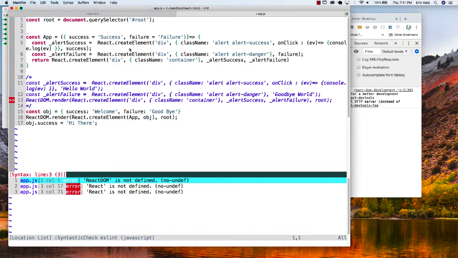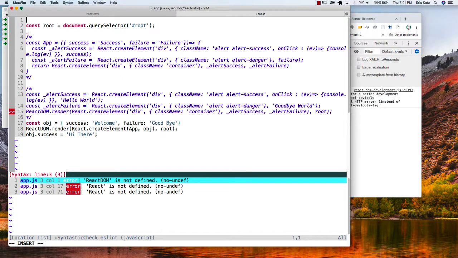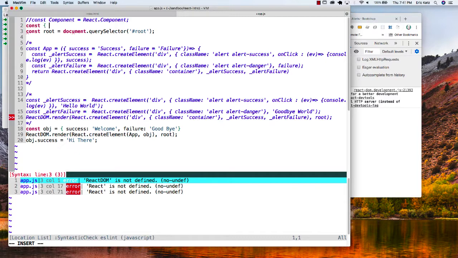So what we could do, we could switch this a little bit. Let's comment this out. I'm going to do a little bit of destructuring. So either I could do this: I could say component equals React component. So React has something called a component under it, which is going to allow me to create classes in React. And I could do that, but there's a little bit of sugar on the language. Instead of doing this, and I think you guys have probably done this already, to say const component